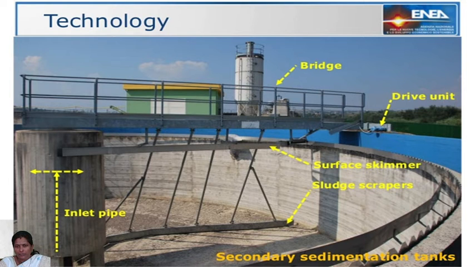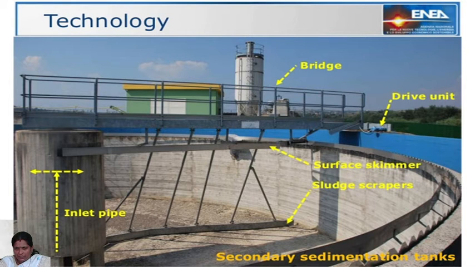This is the clear view of the sedimentation tank. This one is the circular tank inlet pipe. The inlet flow sewage will enter here and be distributed in a radial manner. This one is the sludge scraper. For cleaning purposes, the sludge scraper is used for removing the solid particles present at the bottom of the tank.